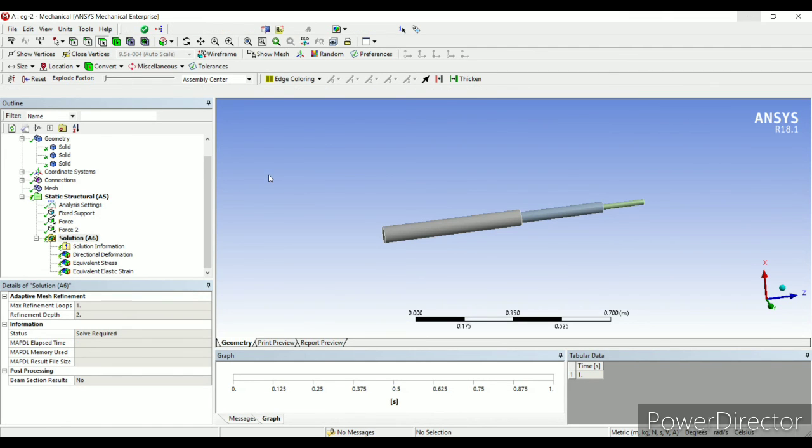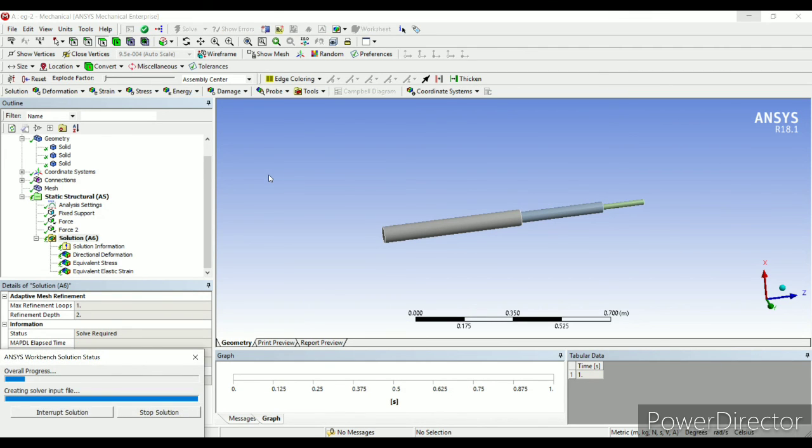When I click on solve, I have to wait for the processor to process my solution. If I get a green tick over here, it means my solution is completely correct. If I get a yellow tick or a red color tick or a thunder sign like this of yellow and red color, it means there is some error in the system. Yellow color means a minor error, red means a major mistake that you have made, and green obviously means it is processing properly. There is no mistake in the evaluation.